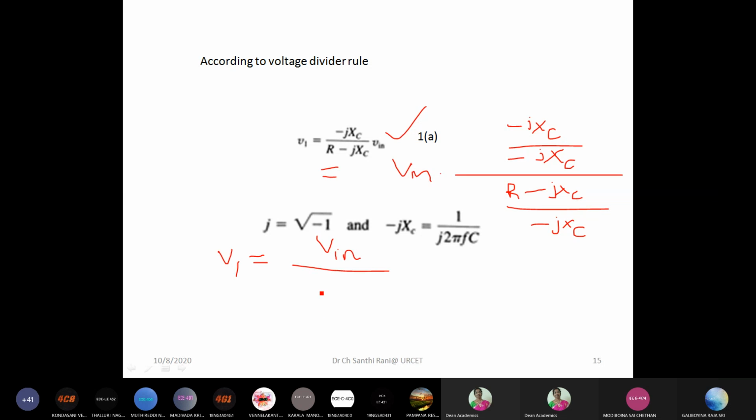So therefore Vin divided by R minus jXc, minus jXc, R by minus jXc plus 1, right? Now we know that minus jXc is equal to 1 by 2πfC. So therefore here you have minus jXc, in this place you write 1 by 2πfC. That means this term goes up and you will get here,